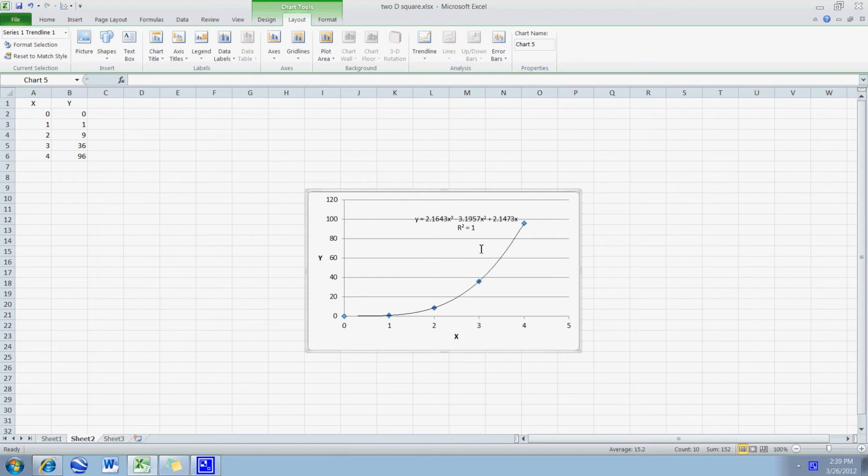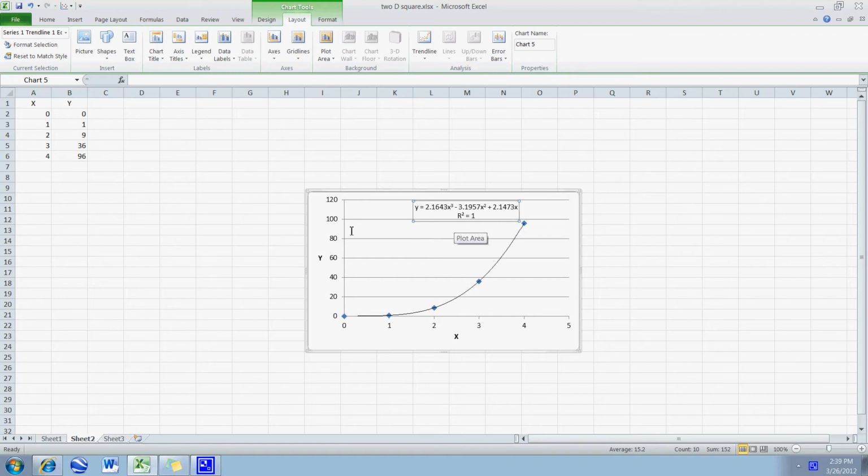It's a little complicated, but the number of rectangles, y, is equal to 2.164 times the dimension of the square to the third power, minus 3.1957 times the dimension of the square squared, plus 2.1473 times x. And so we get a good fit, but the coefficients in front of the powers of x